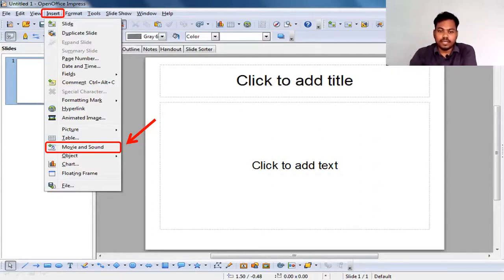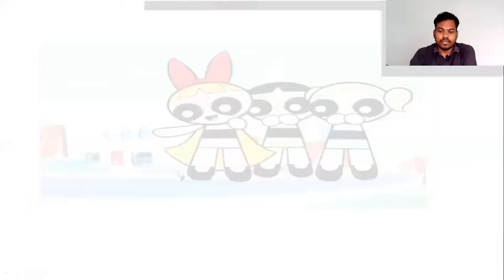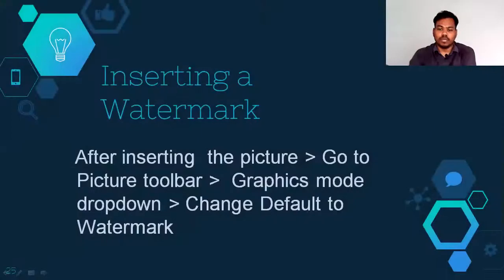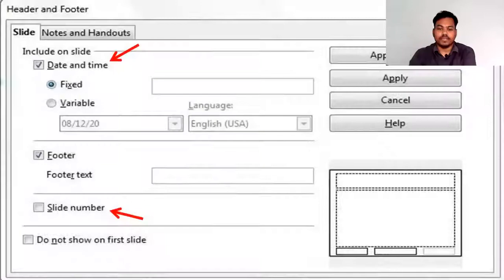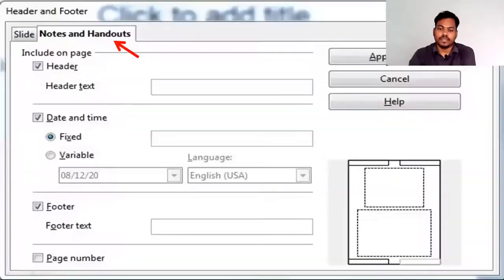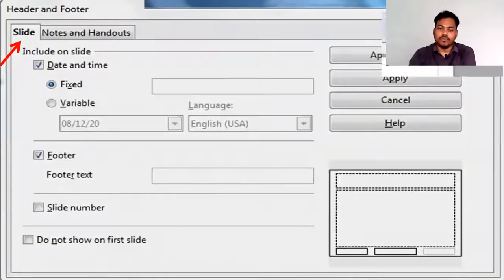And insert, we have already seen other insertion options, and these different views also: normal view, outline view, notes, handouts, slide sorter view. In slide sorter view, all these slides will be seen together, right? And watermark, how to add a watermark, all these things we have seen. Date and time, how to insert page numbers, these also we have seen, right? Header, footer,